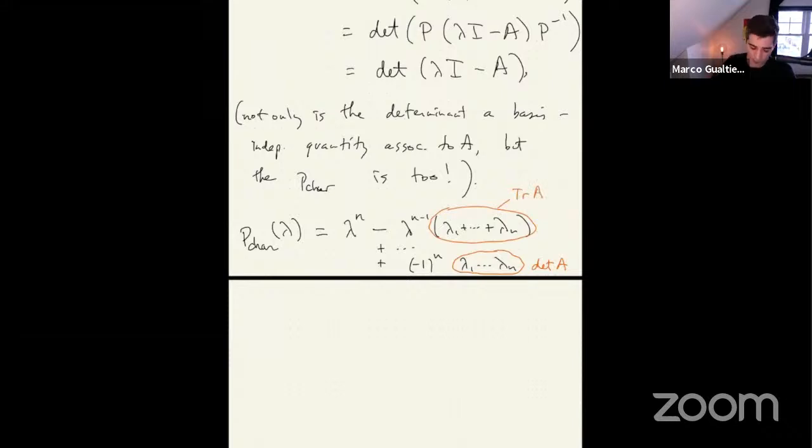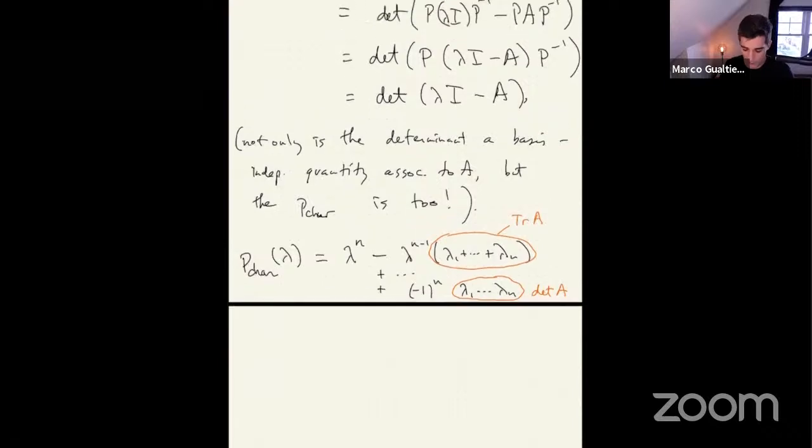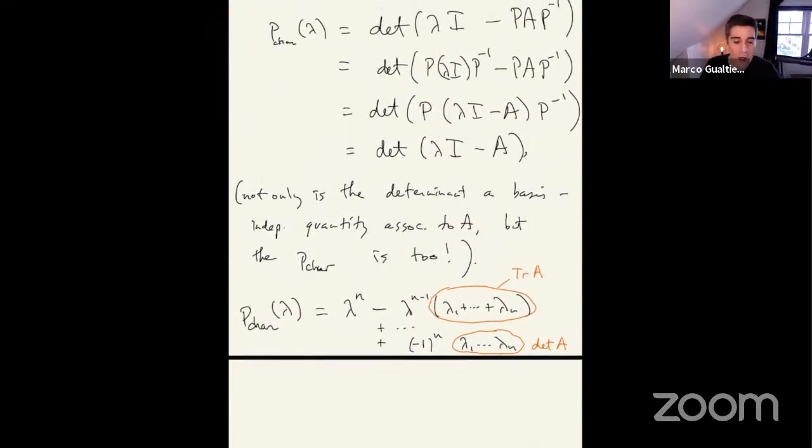So we have a polynomial whose constant term is the determinant, whose n minus first power has a coefficient which is the trace. And then you have a whole bunch of coefficients which interpolate between the trace and the determinant. All of them are invariants of the matrix. They don't depend on the basis. They reflect properties of the matrix, and they have nice properties. The trace is basis independent, the determinant is, and so are all the other coefficients of the characteristic polynomial.